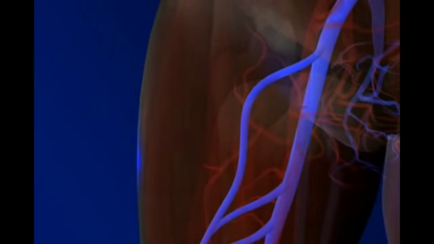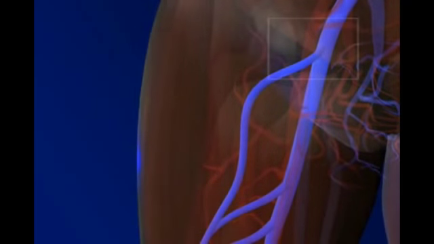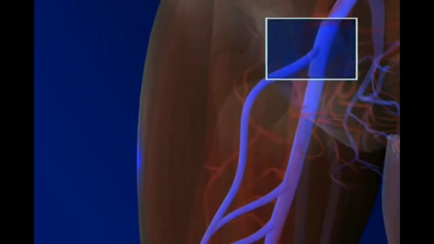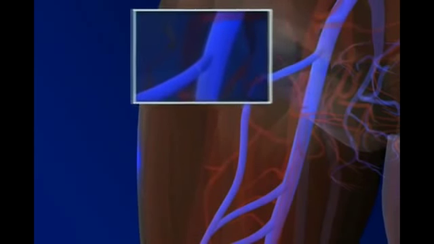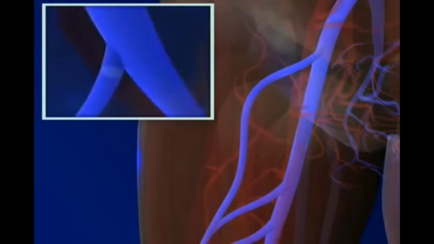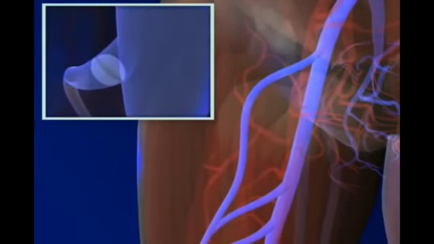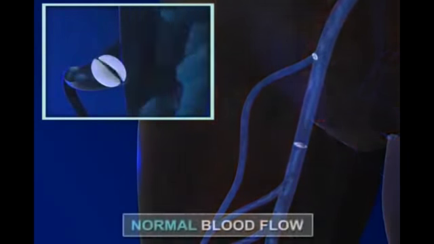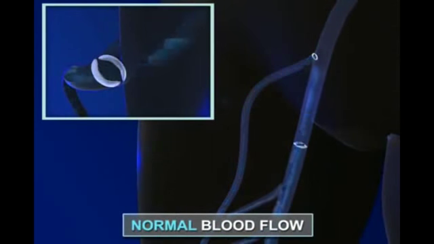At the groin, the main femoral vein receives all the blood, passes it on to the iliac veins, and onward to the inferior vena cava that is finally connected to the right side of the heart. There are multiple one-way valves inside the lumen of the veins. When these valves are damaged or the veins are stretched out, these valves become incompetent and the blood can leak downwards. This is called venous insufficiency.